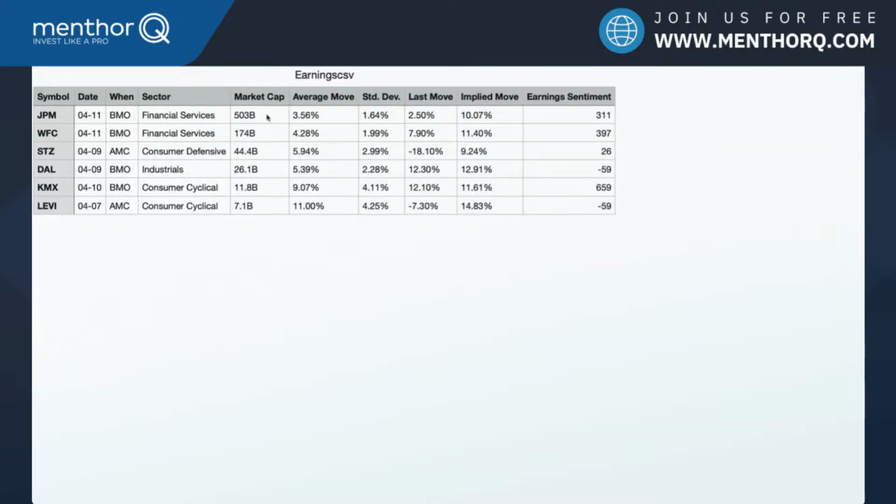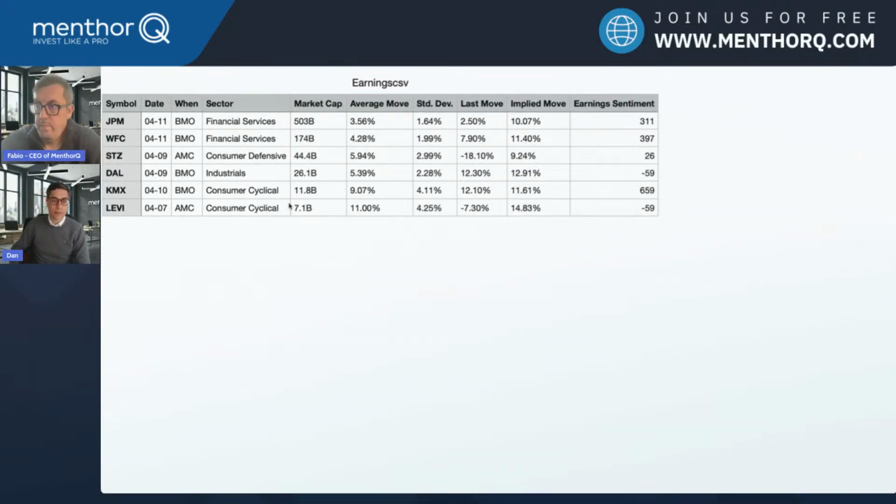So that's the thing. That's why I wanted to show you this little thingy I have here, because these are the average moves. These are what happened last time. Yes, sometimes they blow through that, but this is just one of many. This is the average move of 10 years, so there's a lot of data in there. And this is what we see here. The implied move is crazy if you look at this one. So I wanted to show you this because things can get really crazy.